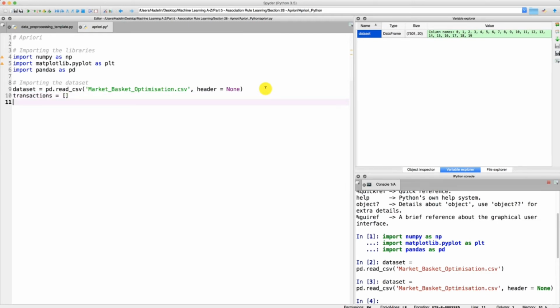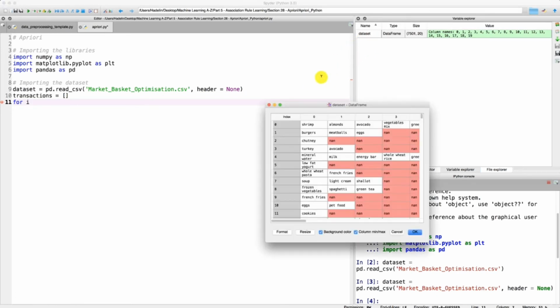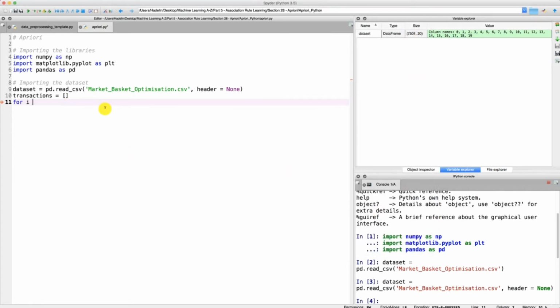Okay, so as I told you, we're going to make 2 for loops, and the first one is used to go through all the transactions. So to do this, we're going to start by typing for, and then we need to specify a name for the index that is going to be i, and i is going to take the values of all the indexes of the transactions, and as you can see here, the transactions take the index from 0 up to 7,501. So what we need to do here is to take the range by typing in range, the range of all the indexes from 0 to